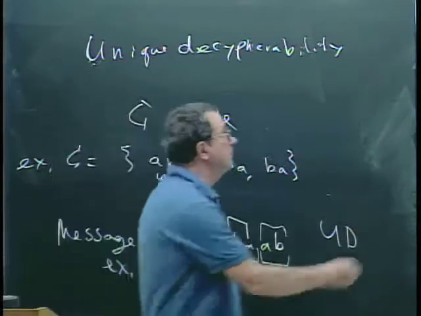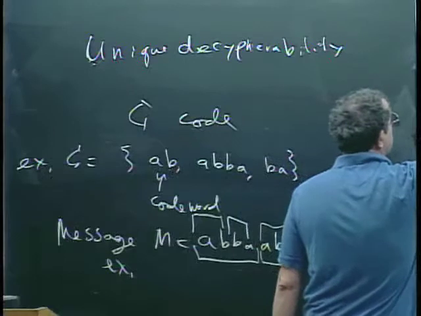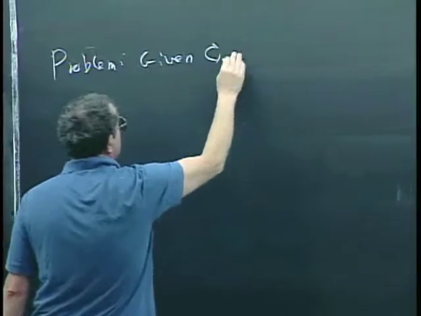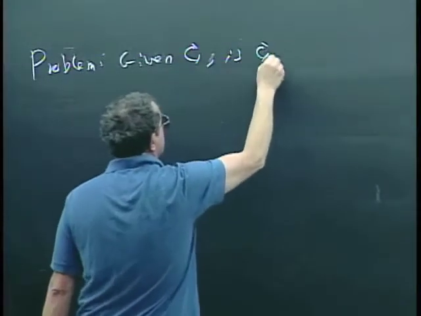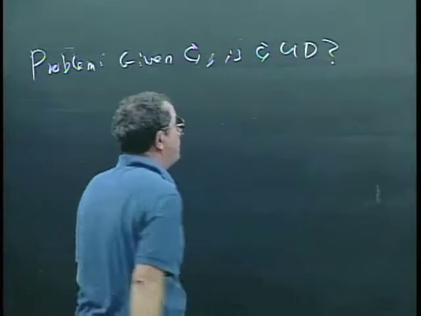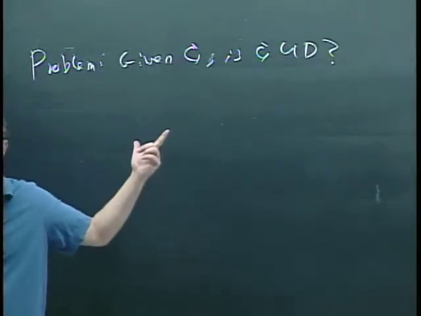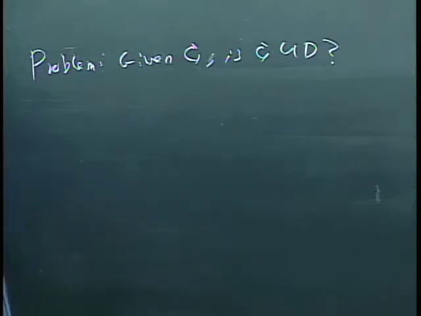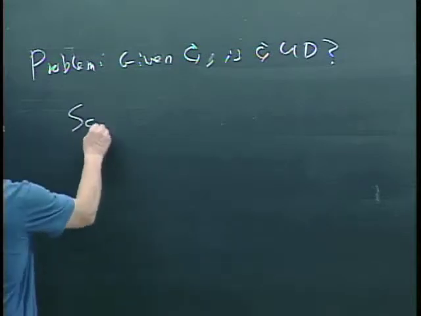And then the problem that we were looking at is, given a code, is C uniquely decipherable? And that's a problem about an infinite set of messages, so of course you can't just enumerate and test each one. At first it might seem like there is no algorithm for this. There shouldn't be an algorithm that's guaranteed to terminate in finite time. But in fact there is, and we were developing that algorithm last time. And the algorithm was,